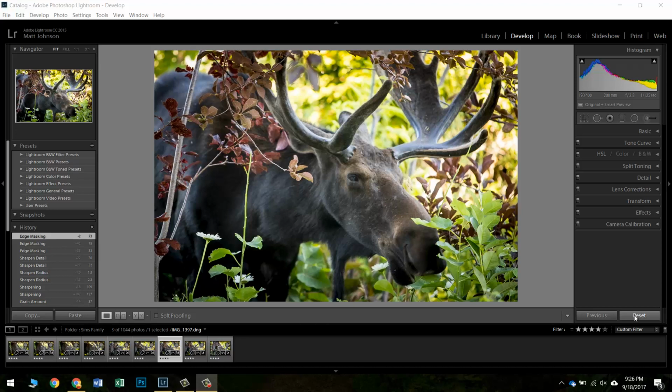Okay, in this video, I'm going to be showing you how to create a contact sheet in Adobe Lightroom. Let's go ahead and get started. I have 9 pictures of a moose I took over the summer at a family reunion. There are a lot more images of this moose, but these are the 9 that I want to add to